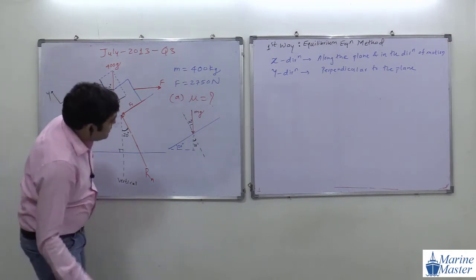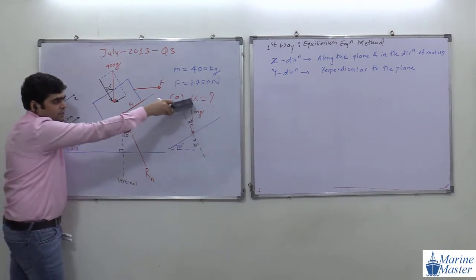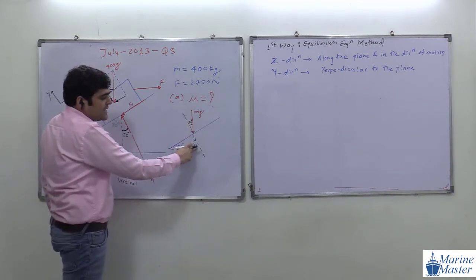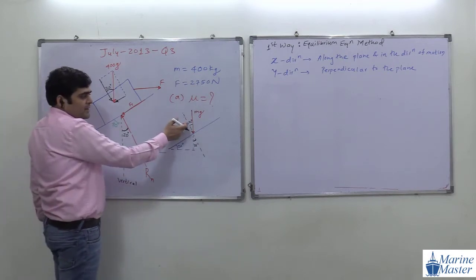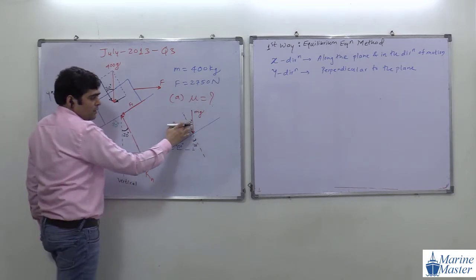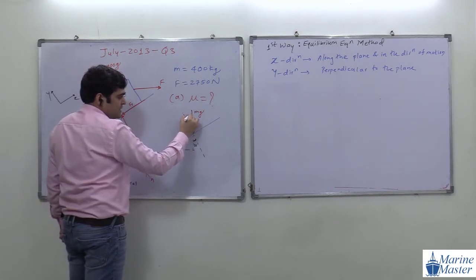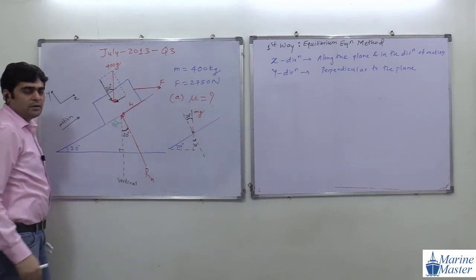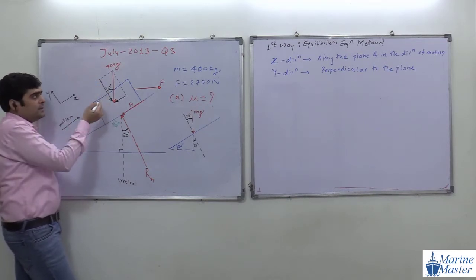Everyone got this angle? Anyone have any doubt in this angle? See this drawing. This is our weight, 400g. This angle is 20 degree, then this angle is 20 degree. Just now we derived that one. Now, opposite to that one, this is opposite to this line. So guys, are you getting my point? So what will be this angle? This angle will be certain. So what is the angle of 400g with respect to the perpendicular to the plane, with respect to the y direction? What is the angle? 40 degree? Sorry, 20 degree.